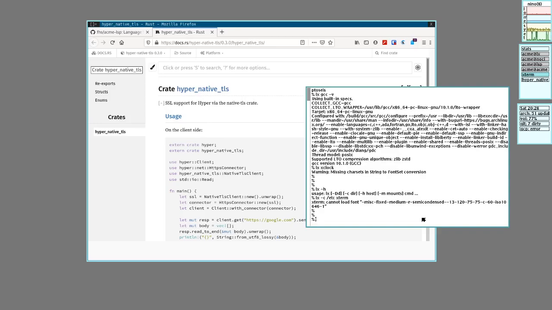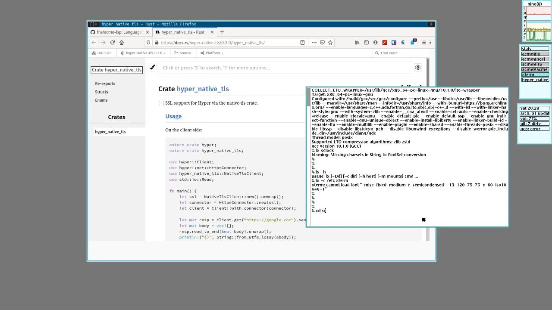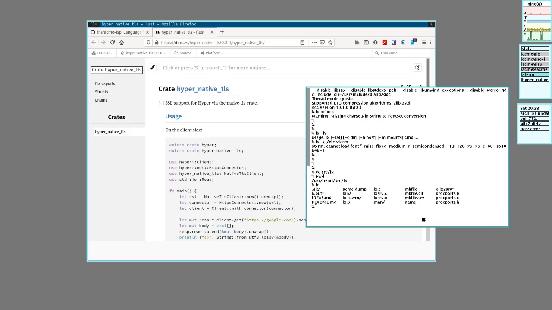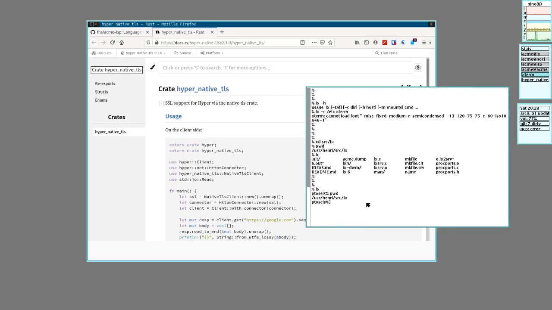Okay, now something a bit funkier. I'm gonna move to a deeper directory. I'm here, seeing a few files, and I'm going to switch to the Linux side. So here I just got an RC shell on Linux, and I'm finding that I'm on Linux in the same directory as I was on Plan 9. And of course I'm seeing the same files.